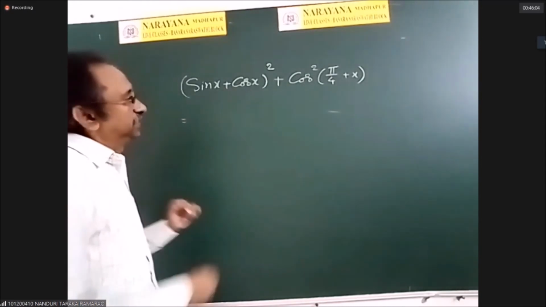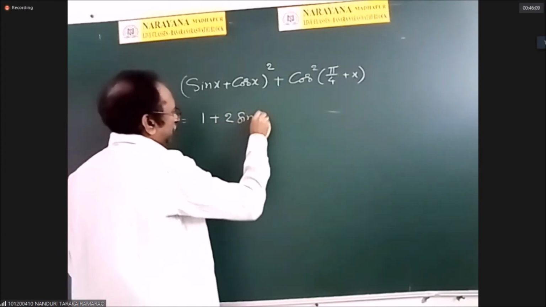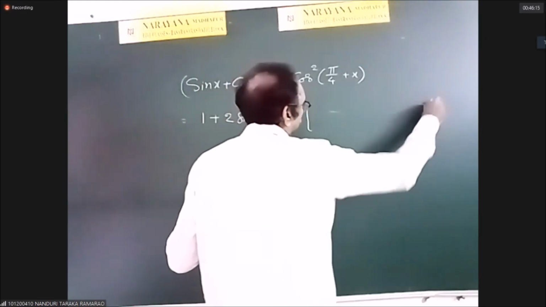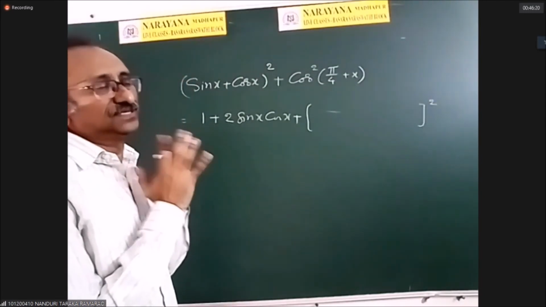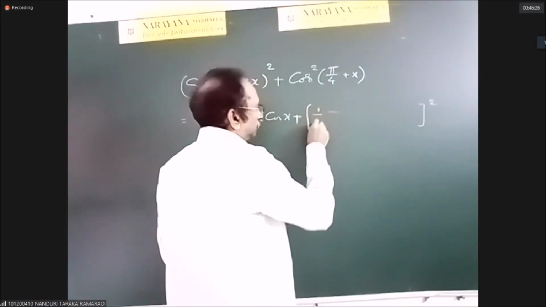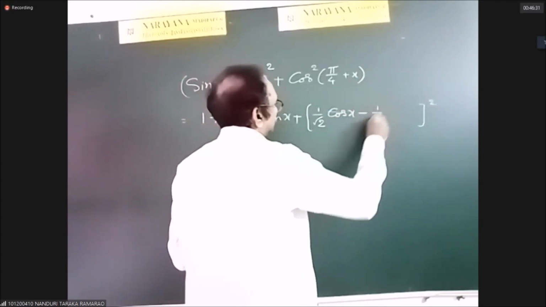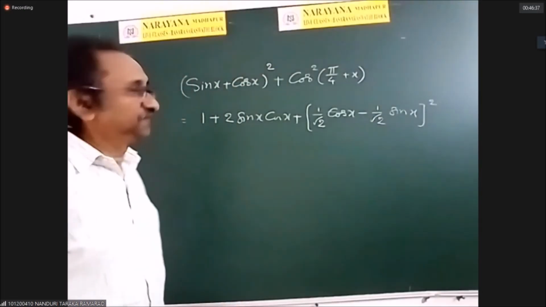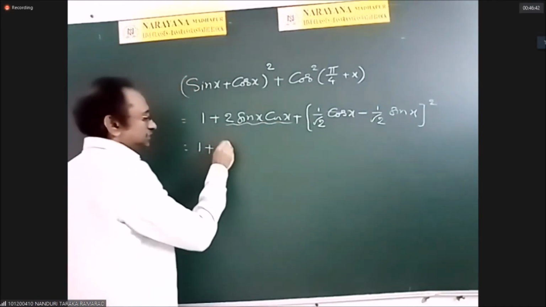So first of all, square this. Sin square x plus cos square x is 1, plus 2 sin x cos x, plus this is cos 5/4 plus x whole square. What is cos 5/4 plus x? Cos a plus b formula: cos a cos b minus sin a sin b. So cos 5/4 is 1/√2 into cos x minus sin 1/4 sin x. So just we have written cos a plus b formula. So this is equal to 1 plus, now this can be written as sin 2x